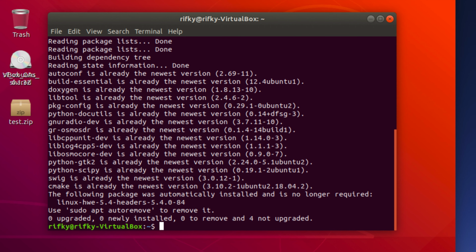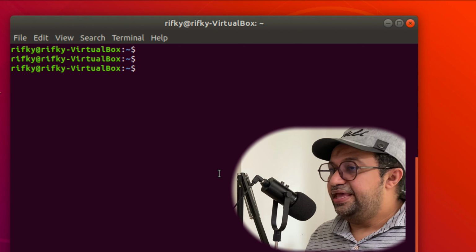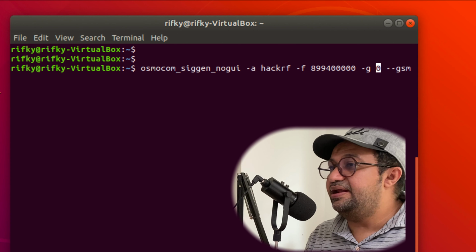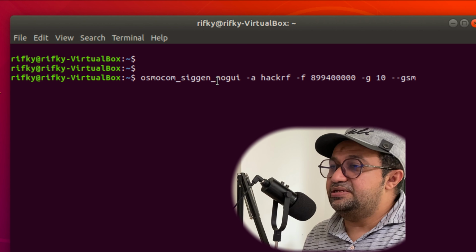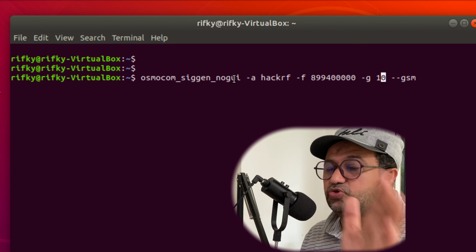Okay, guys, the installation already finished, and it's also already the new version. I'm going to show you the command. This is the command here, and I already prepared it. I will try first with gain 10, let's say. So the command is like this: osmocom signal generating with no GUI, because I'm not using the GUI here.